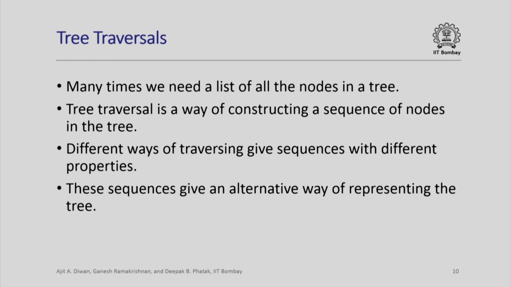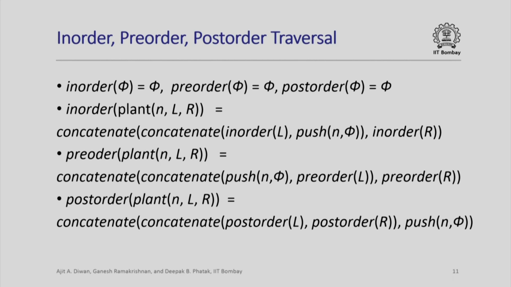So, tree traversal is a way of finding out all the nodes in a tree, and this is a useful operation in many applications. It is a way of essentially constructing a sequence of all the nodes in the tree. A tree consists of all the nodes: its root node and the nodes contained in its left and right subtrees, and this gives a way of ordering all of these nodes and making a sequence of them. So, there are 3 orders defined: in-order, pre-order and post-order. These are again easy to define inductively. Assuming you have defined them for L and R, you can define it for this.